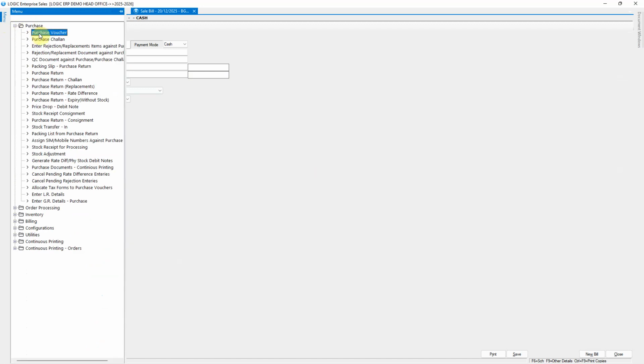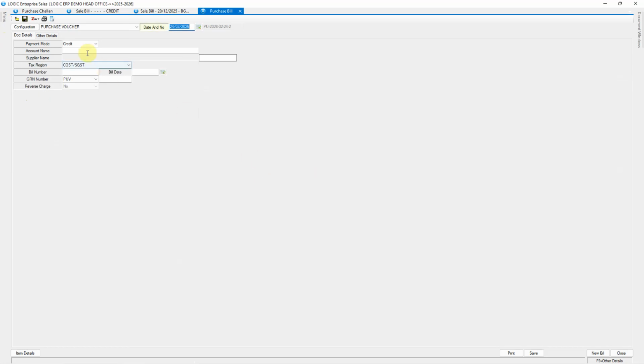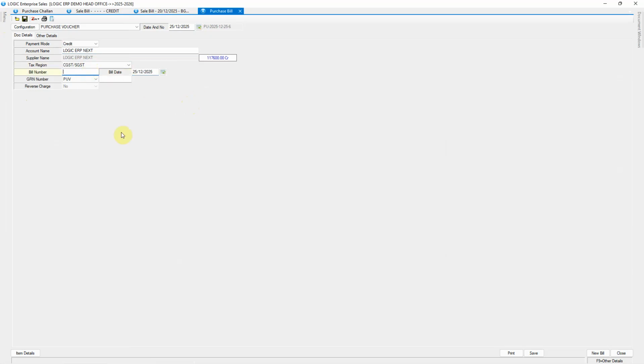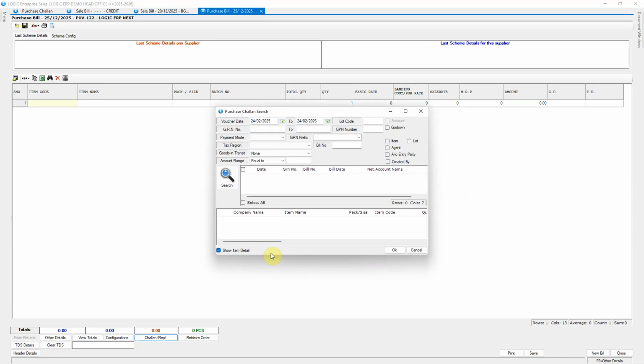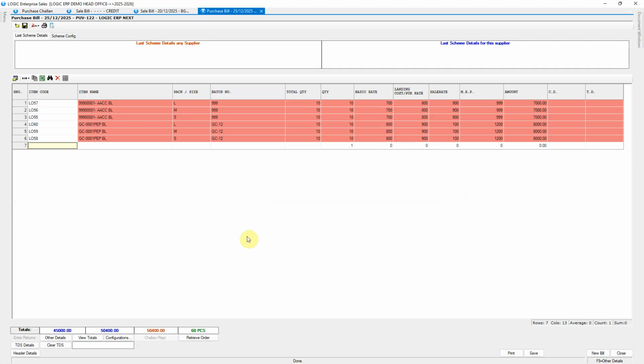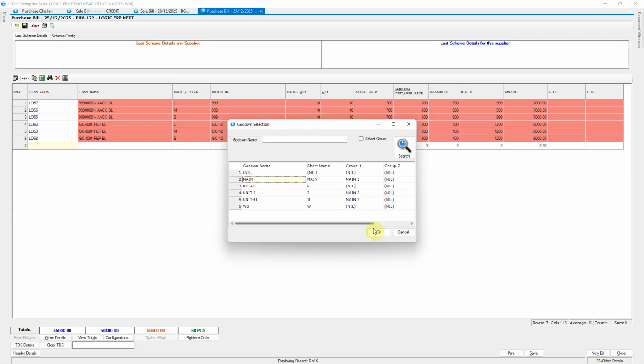Next, open the purchase voucher window and retrieve the same challan into the voucher. Save the purchase voucher and then reopen it in Modify mode.